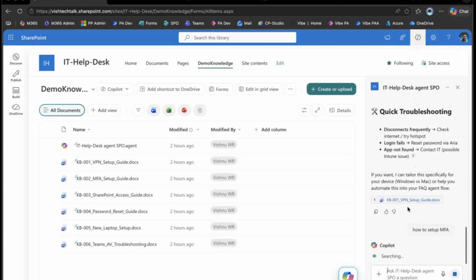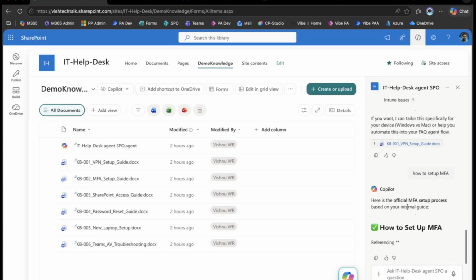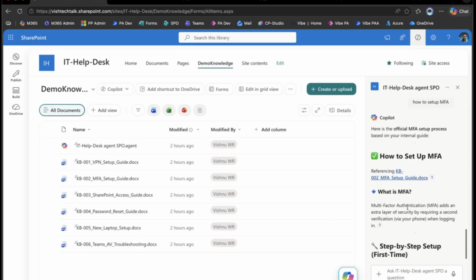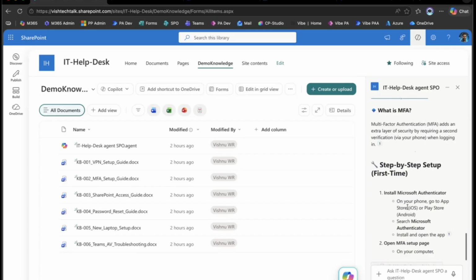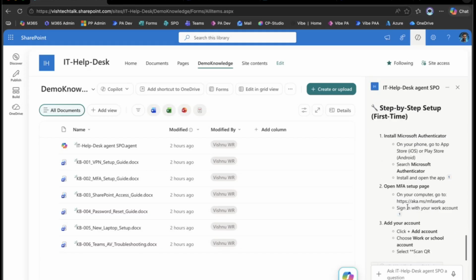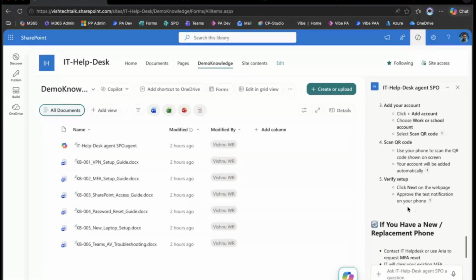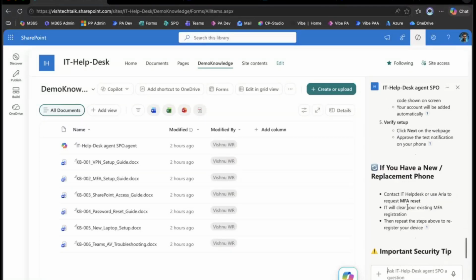It will give the information on how to set up the MFA based on the documents we have uploaded. So this is how fast we can create a quick agent if we already have a knowledge base in our SharePoint, because most organizations might already have the SOPs and policies defined in the SharePoint document library. So we can quickly leverage this functionality to develop a quick agent for this FAQ kind